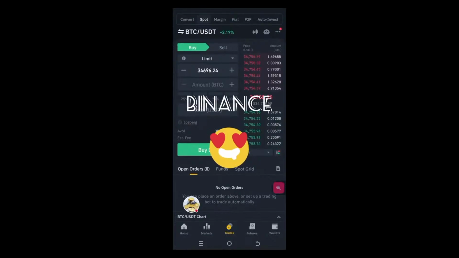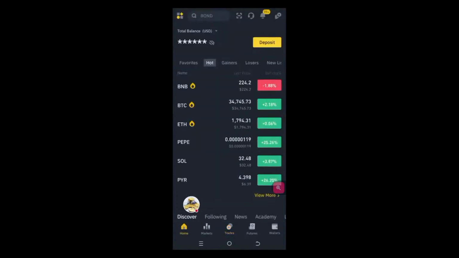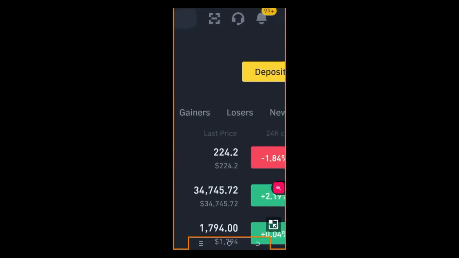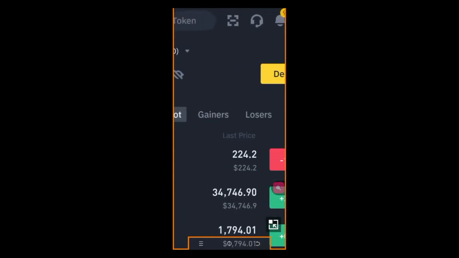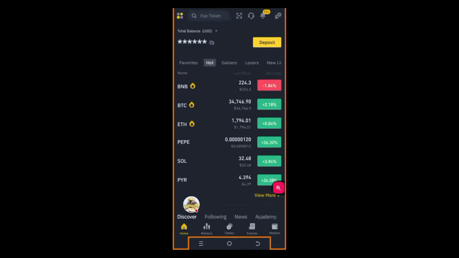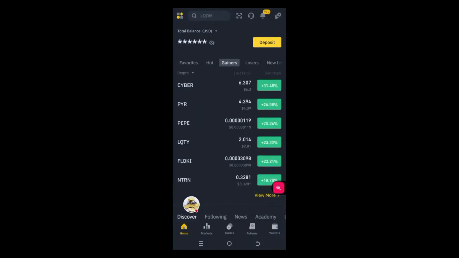Okay, let's go ahead. For spot trading, I love to use gainers, right? You can use any of these. You can use gainers, you can use losers, you can use new listings. But my all-time best is gainers. The reason I like to use gainers, and let me show you this, is because when a coin is pumping, there is a greater likelihood that it will continue to pump for at least another 24 hours. The reason being that when a coin is in pump mode,